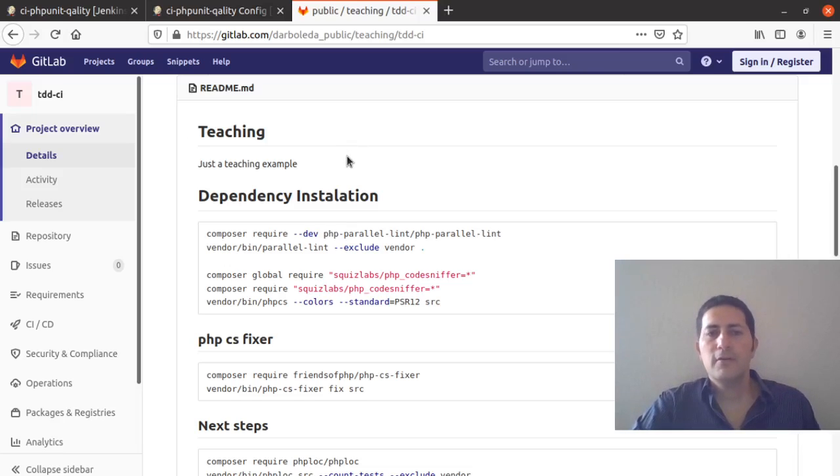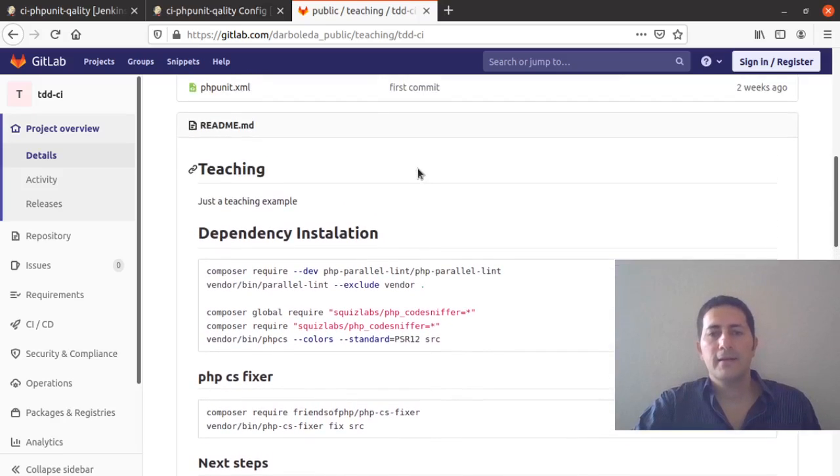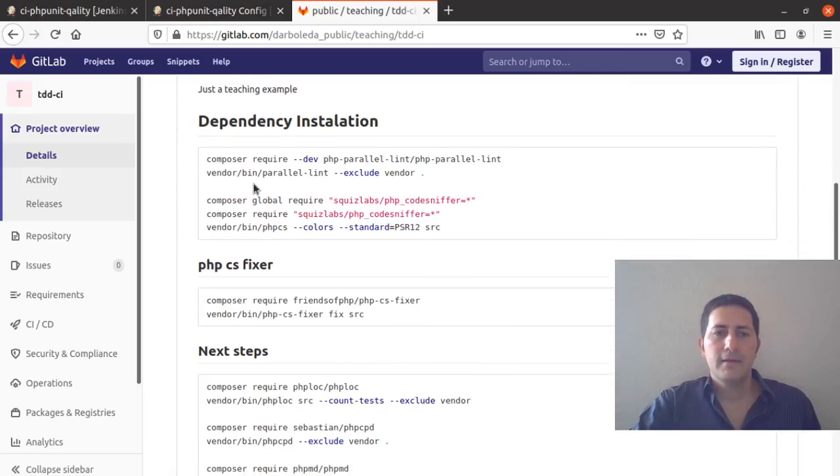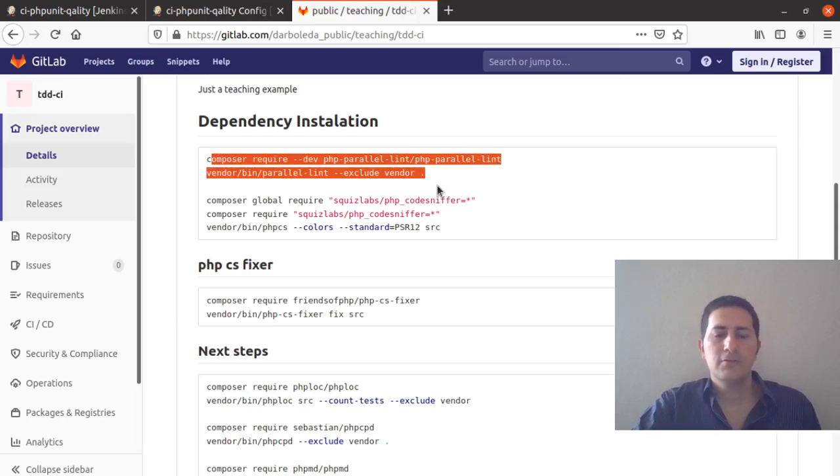Well, here is only another way to add quality controls, because I have other videos in which I explain how to configure Jenkins with SonarQube. In my case, I prefer SonarQube because it supports more languages than this. This example is only for PHP, but it's another exercise in which you can get familiar with the steps in the pipeline. So in order to keep this video short, here are all the steps you need to run